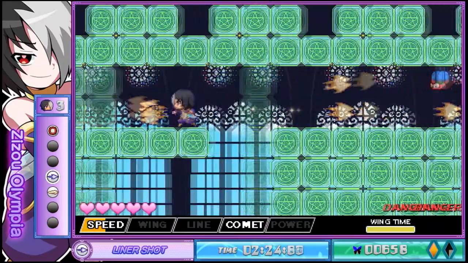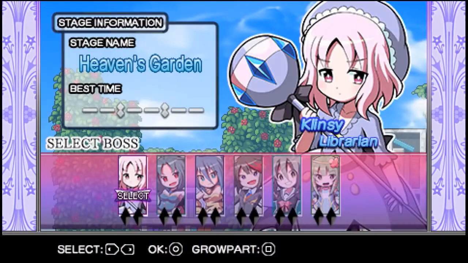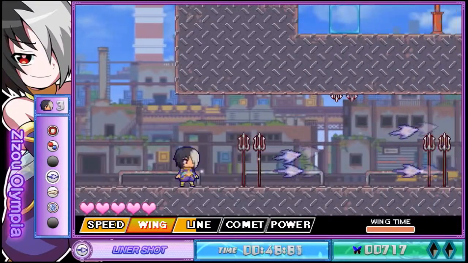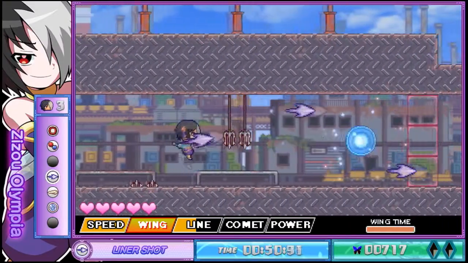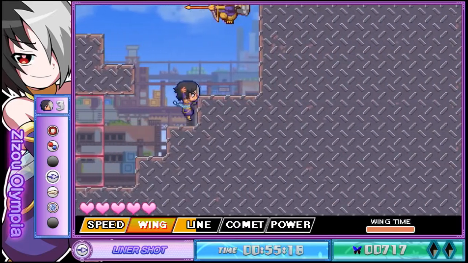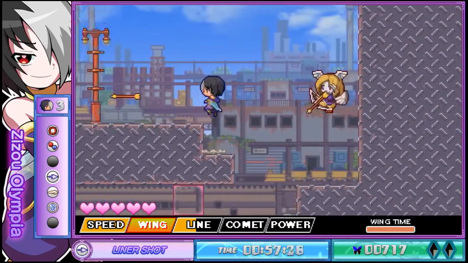Legend of Dark Witch is a 2D platformer akin to Mega Man. You choose between 6 stages with the goal being to reach the end of the stage and defeat the boss. During a stage, you run around jumping and blasting enemies, but as you do, you collect something called Tres from the enemy. Not only is it currency to use for upgrades, but it also fills up your gauge at the